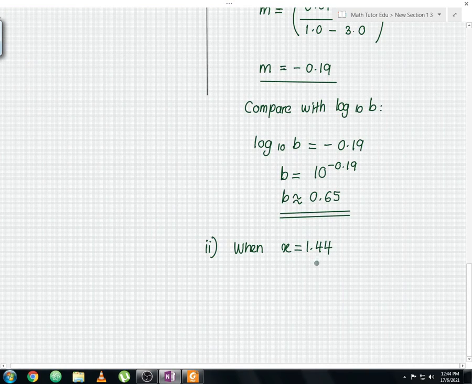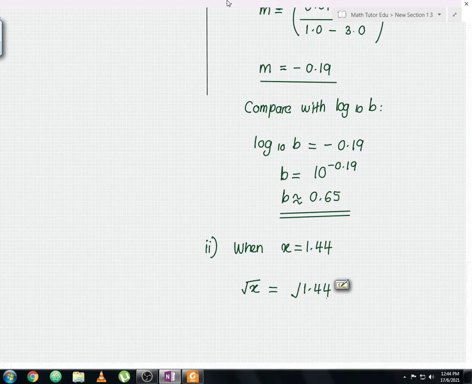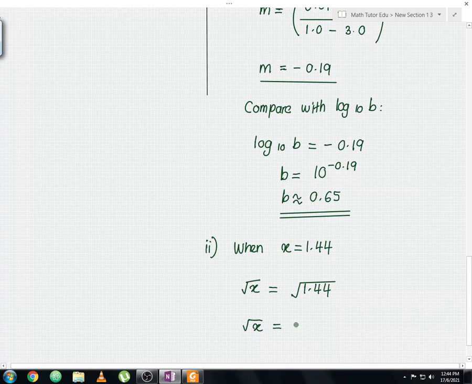So when x is equal to 1.44, you compare with square root x. So from here your square root x will be equal to, so you need to square root this value, guys. Square root x is equal to square root 1.44. You must square root this first. So from here you should get your square root x value is equal to 1.2. Okay, so once you do this, then only you can use this value where square root x is equal to 1.2, and then you look at